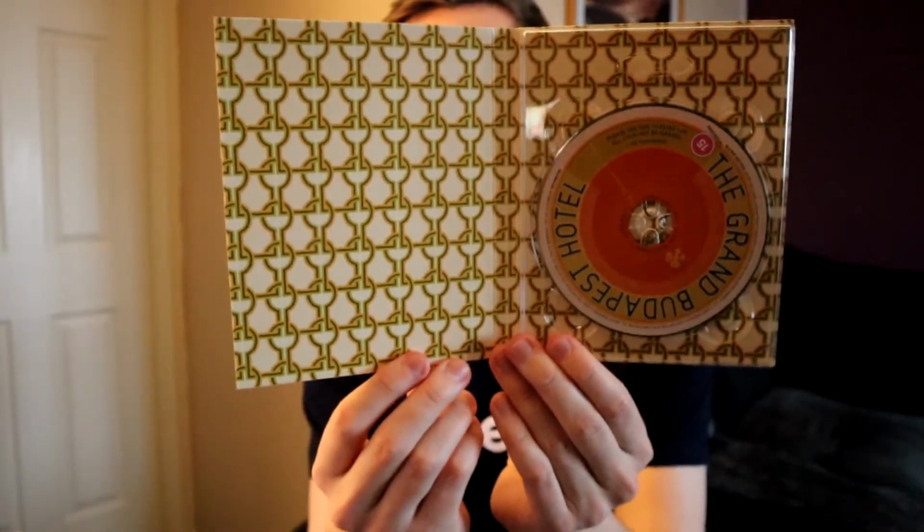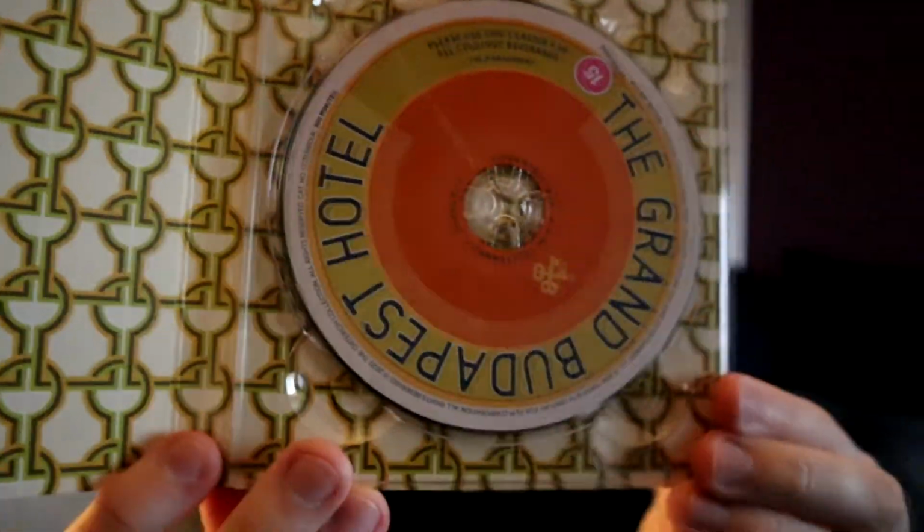It makes such a difference when the artwork is beautiful. So yeah, I love the disc too. Very nice. Yeah, buzzing to get it. The amount of stuff on this is unbelievable in terms of interviews, documentaries, commentaries, outtakes, deleted scenes, all that stuff. I'm not usually a big special features kind of guy, but when you get that many, you know,